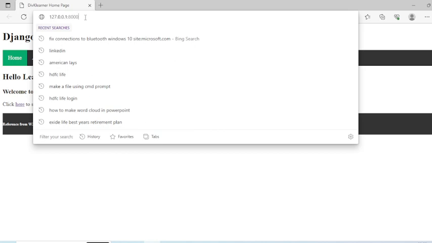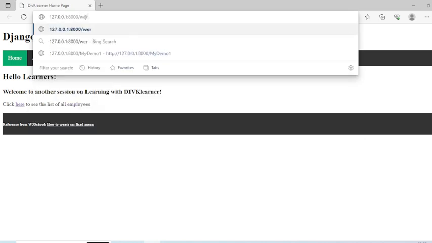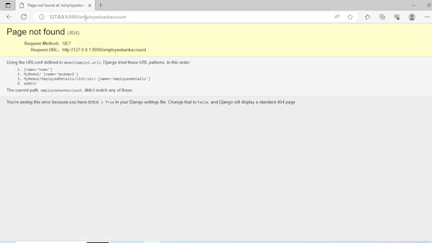But what is 404? If I type in something which doesn't exist, this is the kind of error it gives you: page not found, 404 error. But this kind of error is not good, because we don't want to show a lot of things from our URL configuration file, which is demo1 sample.urls. I don't want to show them the information, so that my site is not leaking